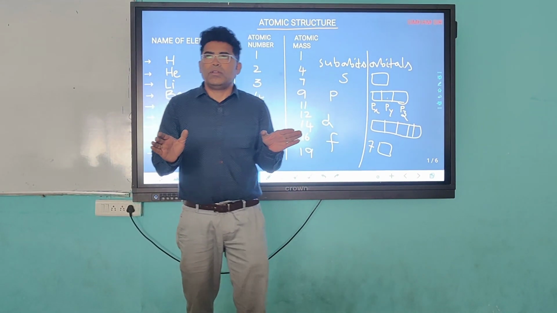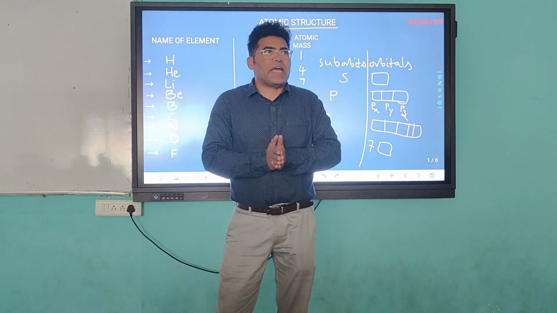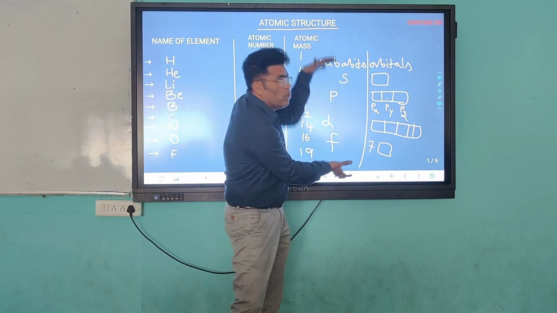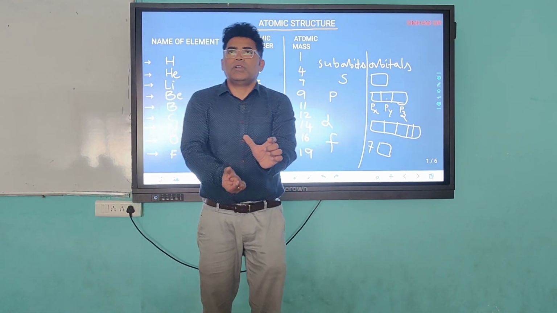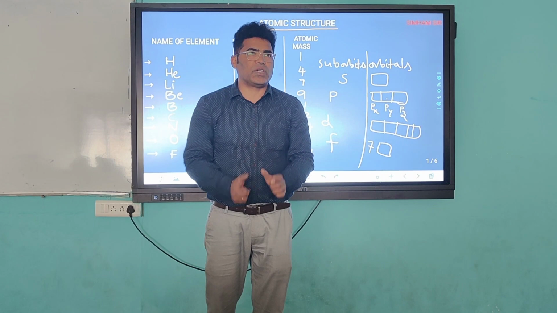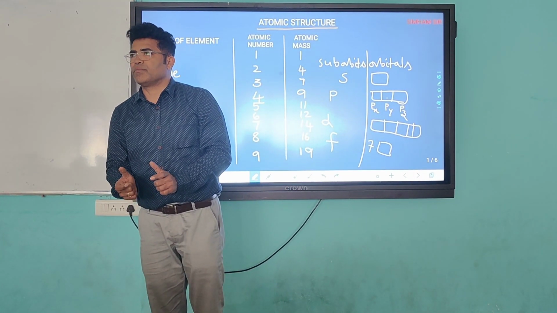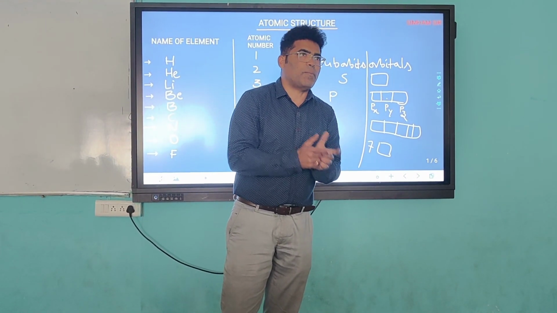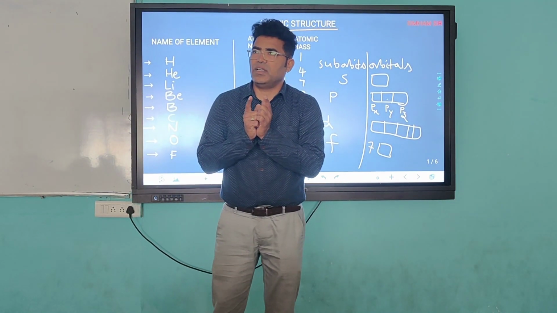So anyhow, the final conclusion about atomic structure, scientists struggled more than 100 years to explain only this one. What is that? Once again, in a spherical shaped atom, at the center the nucleus is there. Around the nucleus, orbits or shells are present. Orbits or shells again contain suborbits. Suborbits again contain orbitals. Orbitals contain electrons.